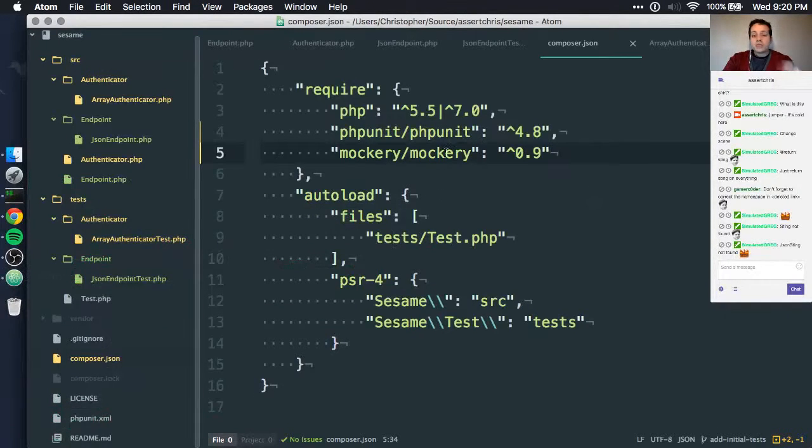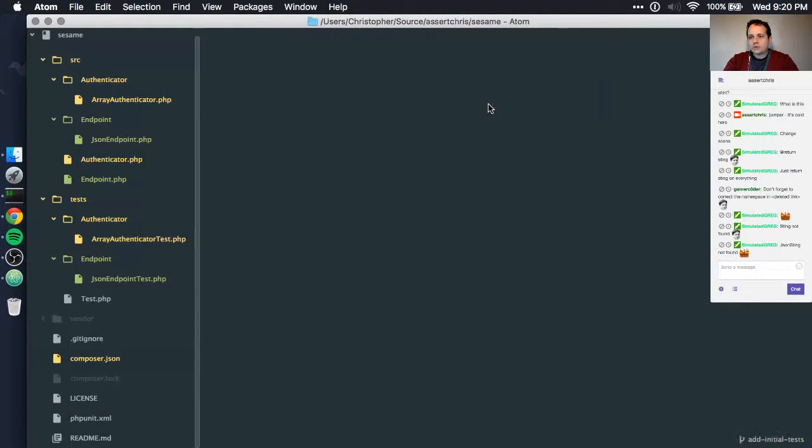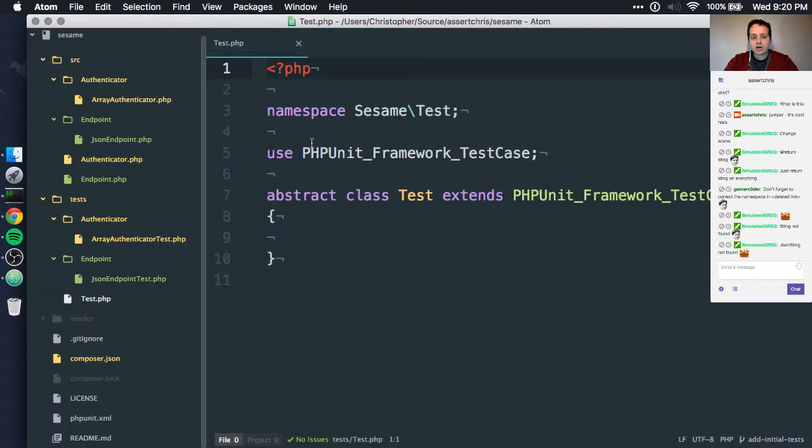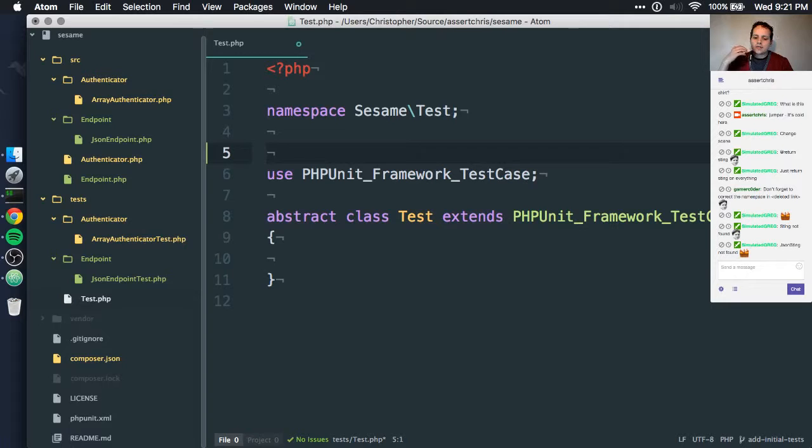Now, we can use mockery in our tests. We can use them to simulate the presence of classes without actually having those classes there. And I'll show you how this looks. Remember I made a common test case class here, and all my tests extend this? Well, I'm going to do some shared functionality here. To use mockery, we construct these interesting kinds of objects. And before any tests are run, we need to just call a cleanup method to seal those objects so that they make sense to PHPUnit, so that they trick PHPUnit successfully. To do that, we need to use mockery.